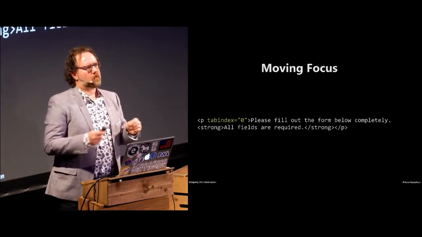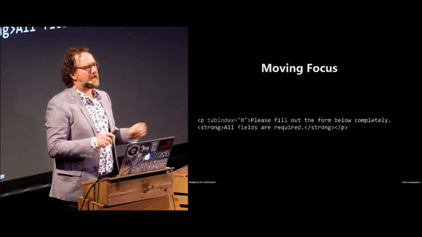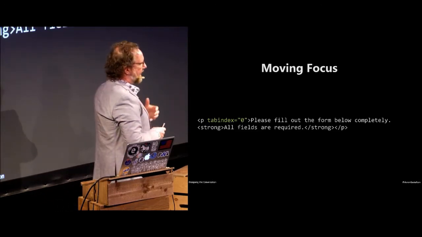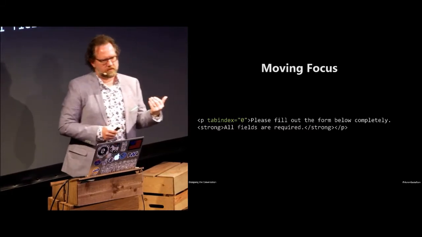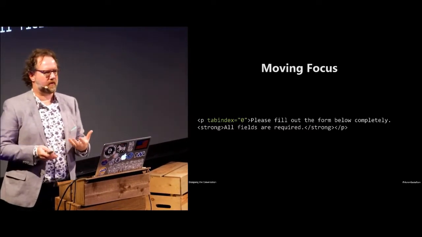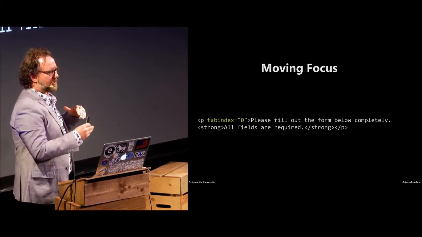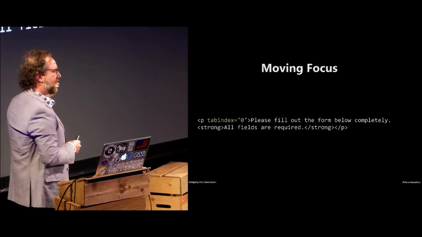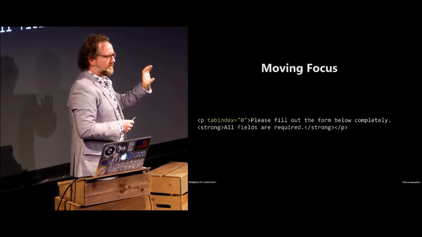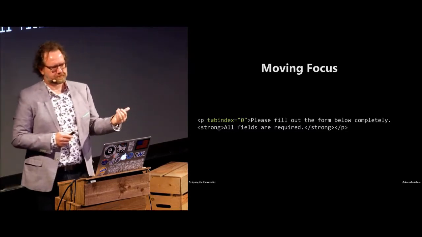You can also control the ability for a user to focus on a given element that may not be focusable in and of itself. By adding a tabindex of 0 to an element, all of a sudden that element appears in the tab order for the document. You can also specify higher numbers than that, but then you're starting to manipulate the tab order. Just by having tabindex equals 0, that element stays where it is in the tab order of the page, but it can now take focus.